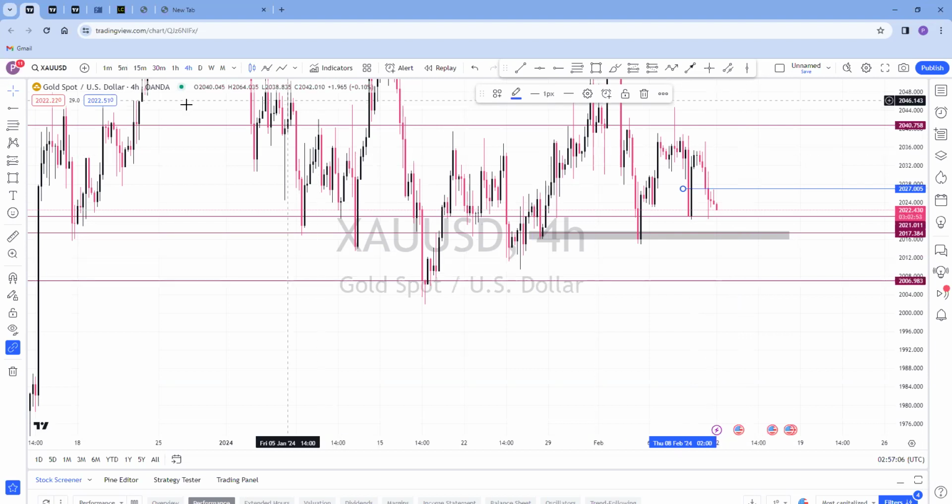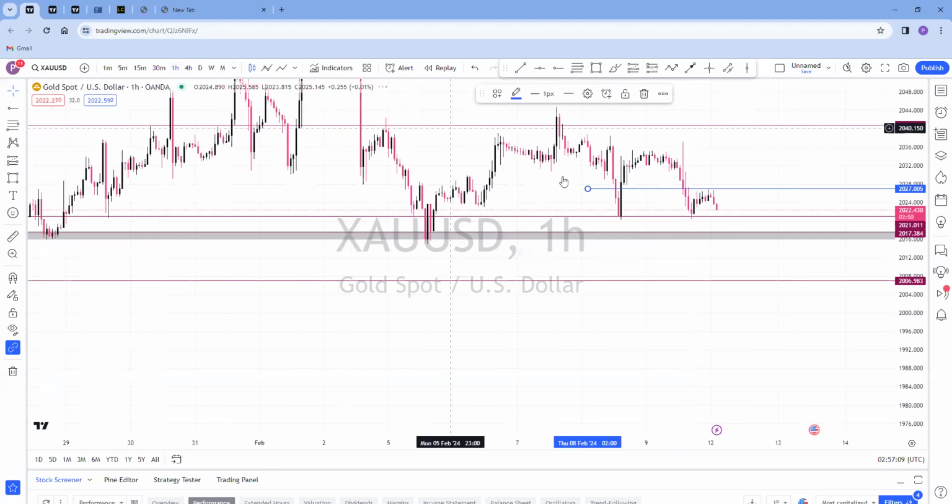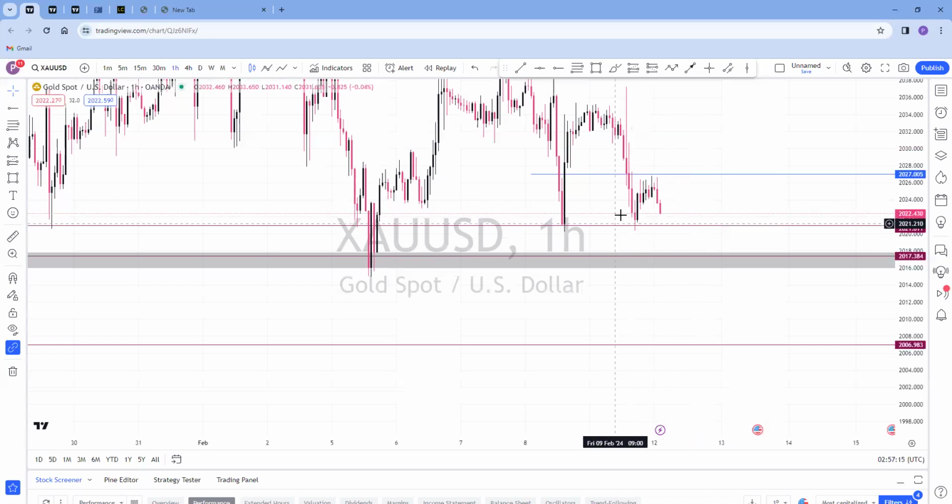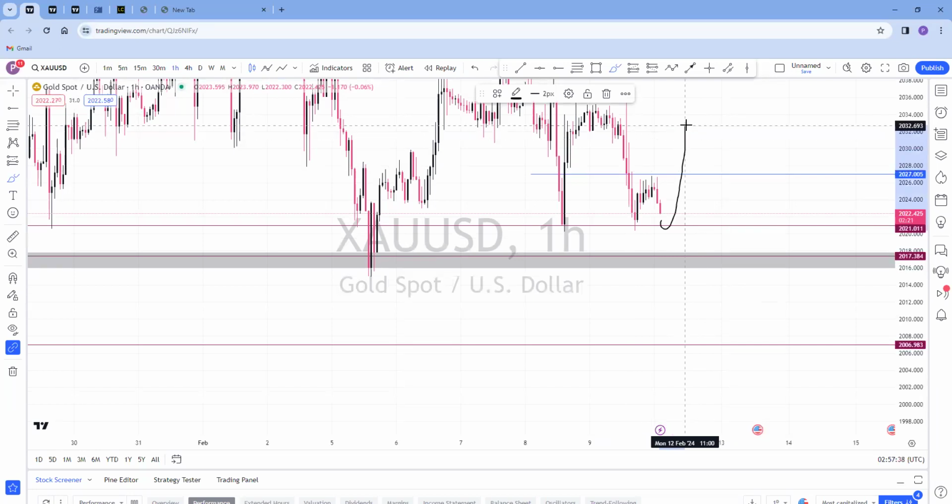Right. Okay, so what is happening in H1? Good. If you look at H1, you can see that last week, this is what happened. The market dropped all the way to 2020 and got reversed or rejected with a strong bullish candle. So there is a potential for the market to test that same level again, giving a double bottom, so that we can fly to somewhere 2027 or can even go all the way to 2030 and drop again to break this low and come here and push again.